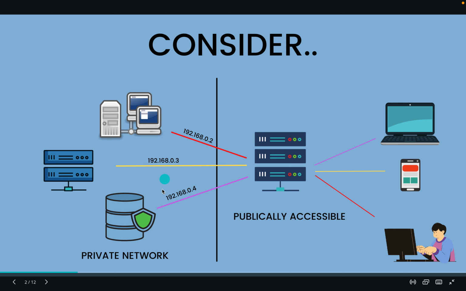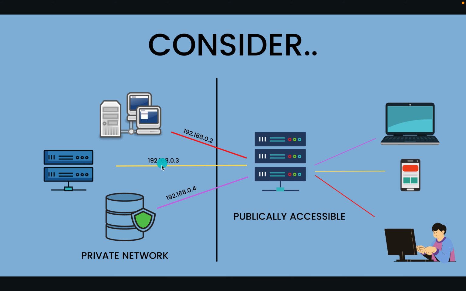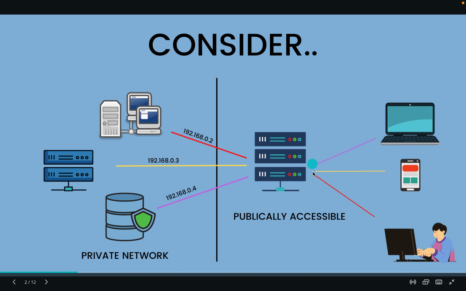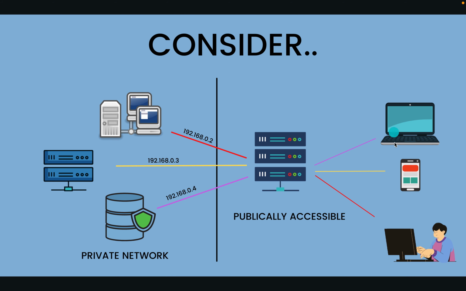Now this stuff is not publicly accessible. As you can see, it has a private IP address. So this is a private network and this is the public network. You can access everything on this server and here with the help of this server. For example, you want to access your profile, and your profile is on this server and your picture is on this server. When you log in, this server will make a request to this server and this server simultaneously, and then it will fetch the details and give them back to you.